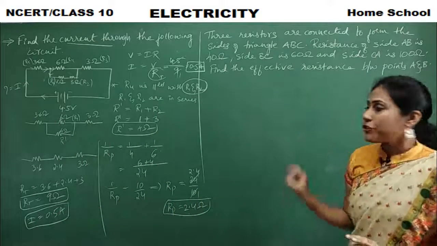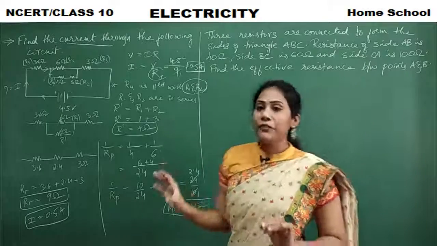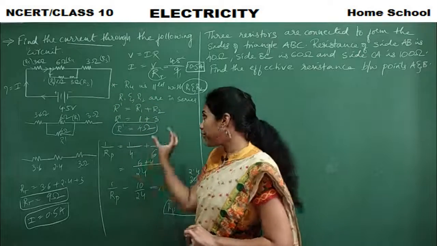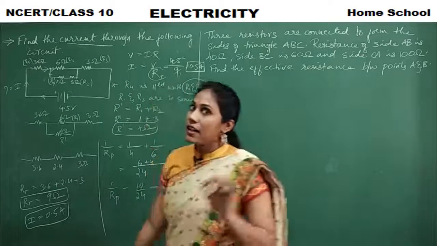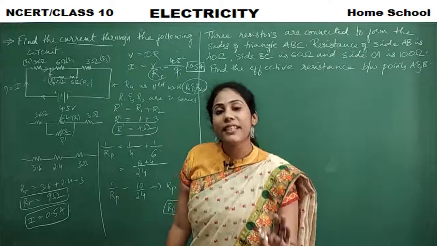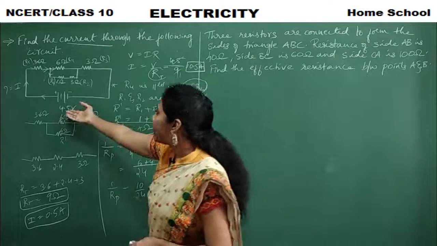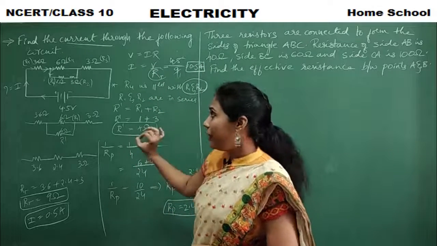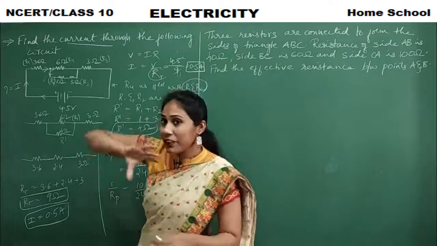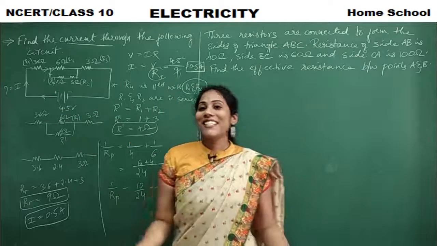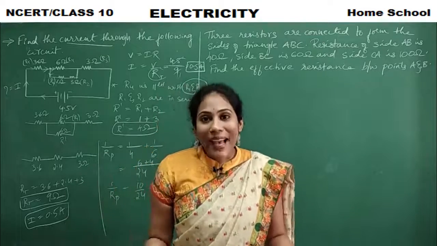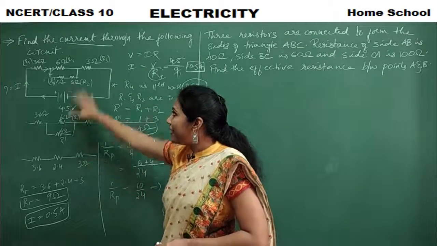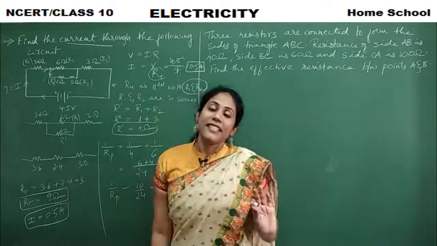Okay, got it? So this is how you have to carefully find out the current that is generated in a circuit. You should carefully find out the total resistance. That is your main task. Finding total resistance is the main task. Later, voltage is definitely given, just apply Ohm's law and find the current, right? But you should carefully find the total resistance. Before that, you should carefully observe the circuit. Which resistors are in series, which resistors are in parallel, observe, and step by step try to simplify the circuit and later find total resistance.